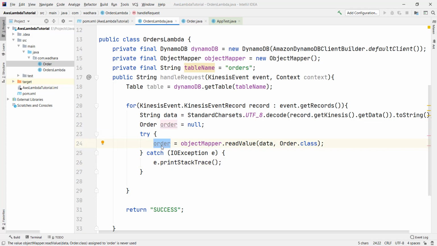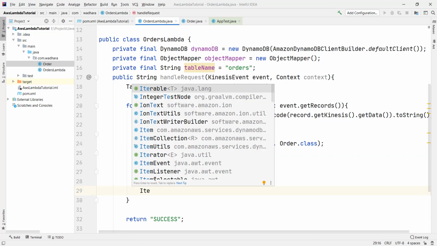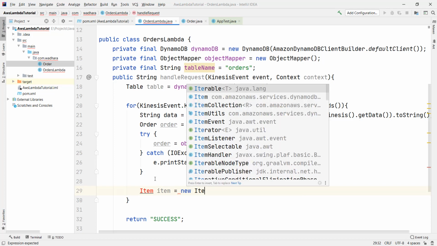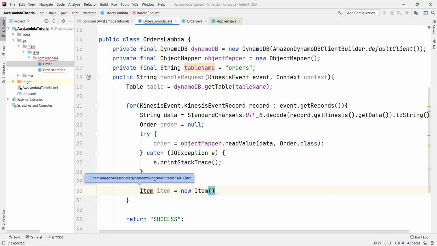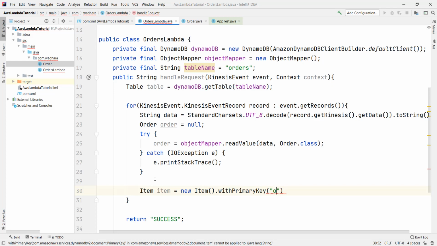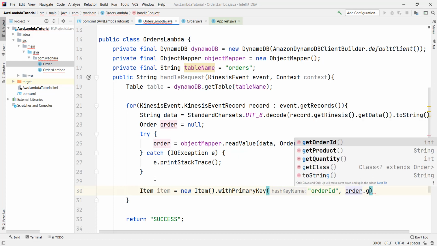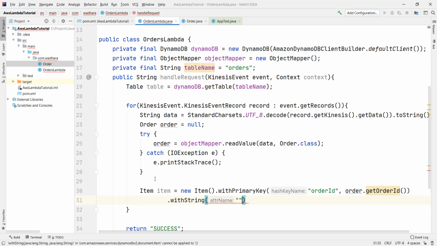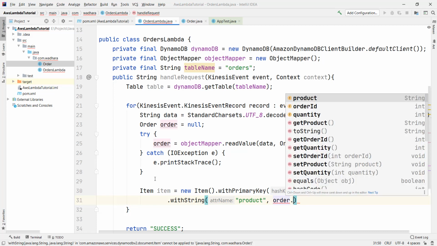Now I have the order. I have to store this order data into DynamoDB. For that, I'll be creating one item. Primary key is order ID. Value would be order.getOrderId. Product, product is a string. Order.getProduct.